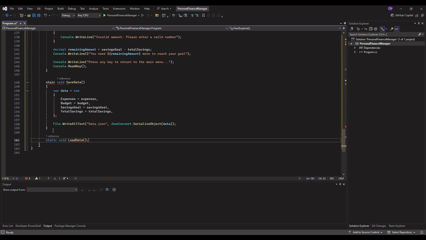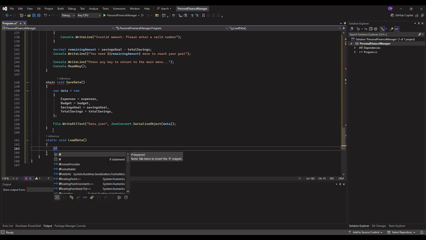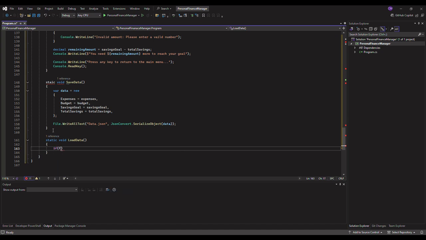And instead of that, maybe let's do it like this, and here that's where we're going to have our if, and inside the if we can say File dot Exists. Then we look for that file name, data dot json,